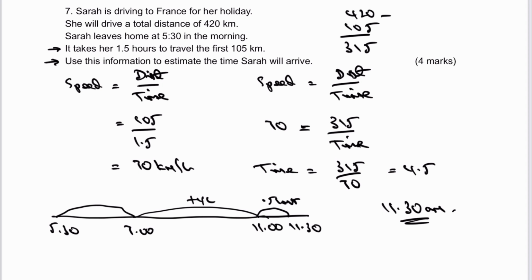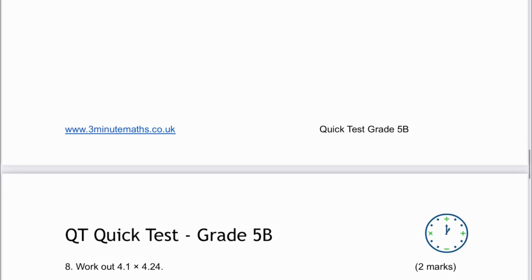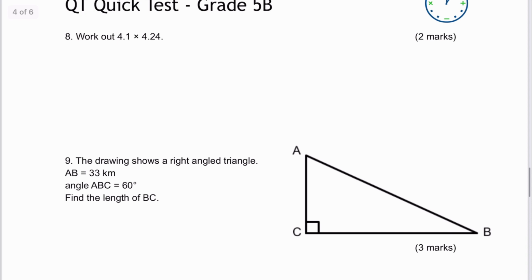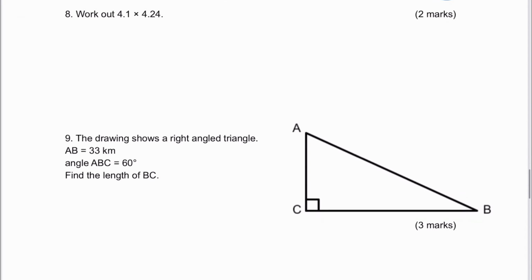Let's move on then to question number 8. Now, question number 8 is a fairly standard calculation, but really with all of these calculations you need to ignore the decimal point, then put the decimal point in afterwards. So what we would do is write 424 multiplied by 41. Now I'm very aware that some people will do these calculations a little differently to me. However, you should end up with the same answer, which is